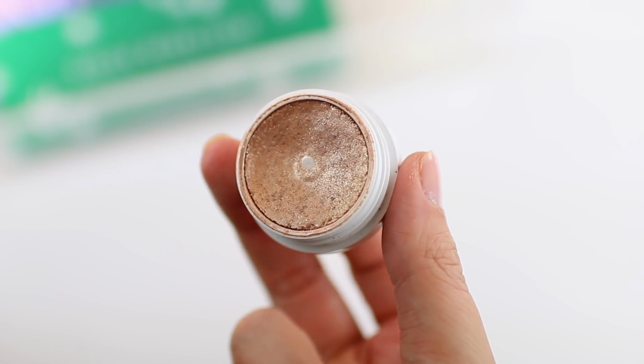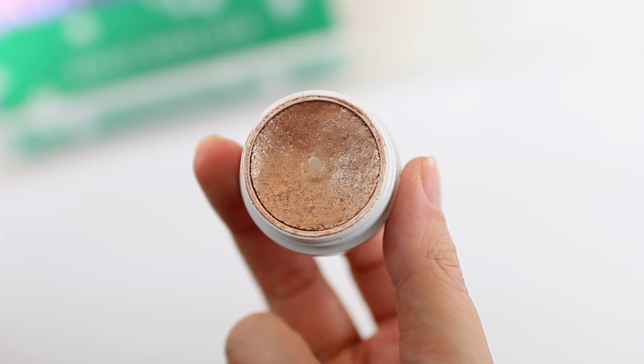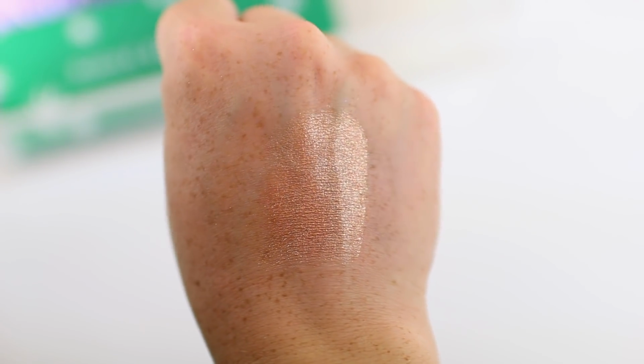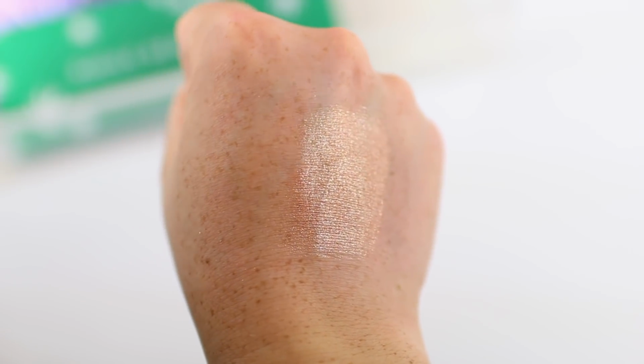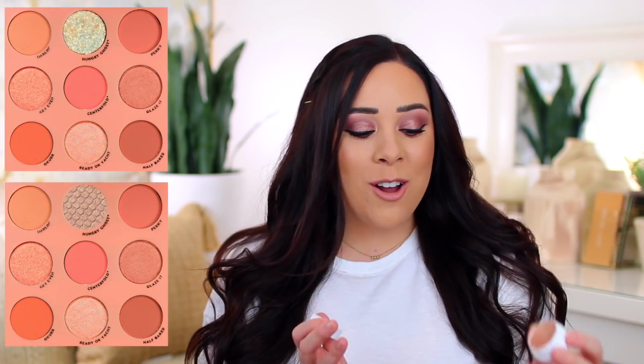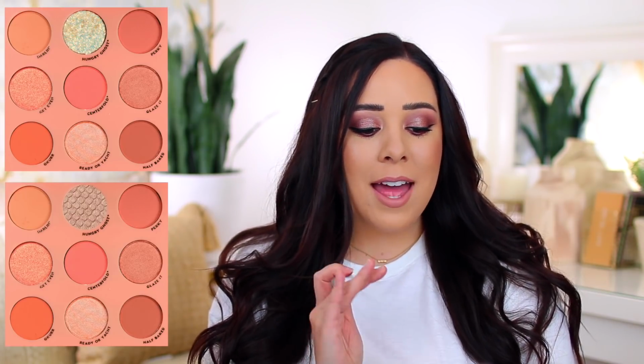I personally think the ColourPop Super Shock shadow in the shade Amaze would be the perfect addition to this palette. It does have a little bit of a peachy undertone to it, so it does go with the theme, but it also has a ton of sparkle, so I think it looks amazing on the eyes. I've hit pan on mine, I use it all the time, so I think just putting that in the palette